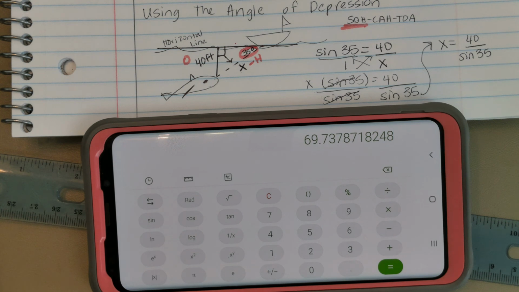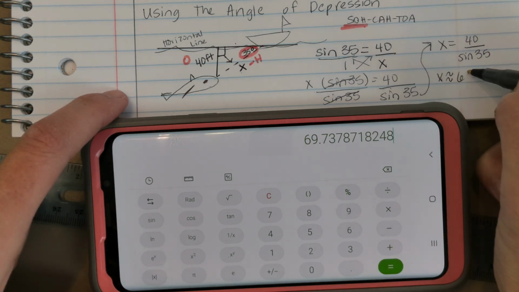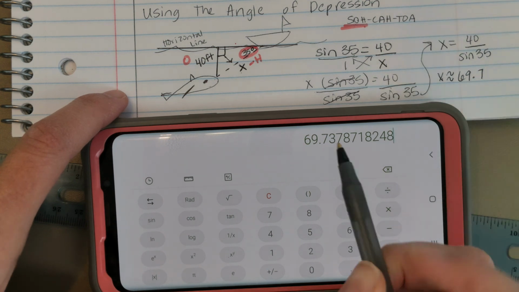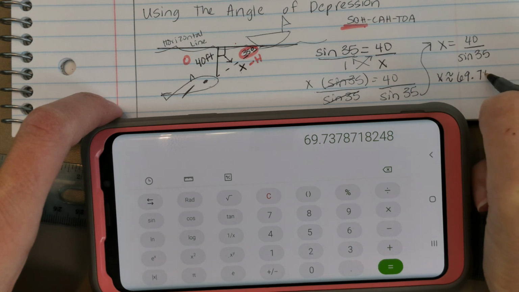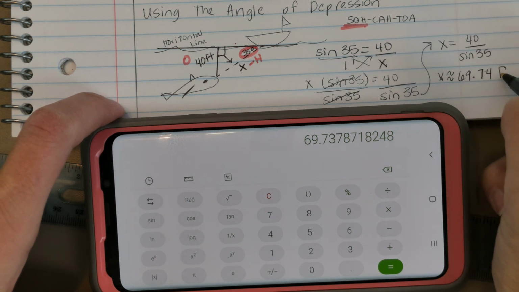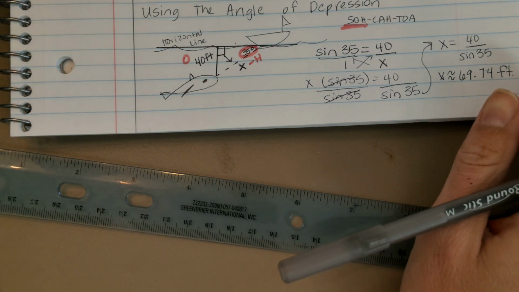So I'm going to write it down. I'm going to round to the hundredths. So X is approximately equal to 69.7. I want to round to where the 3 is. The 7 after it rounds it up to a 4. And it's feet again. Okay, so real quick before I'm like, okay, I'm done, I want to make sure that